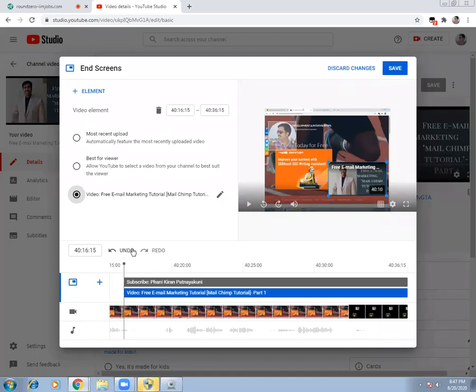And then when do you want this thing to come? See, for example, people are viewing your video. Suddenly this thing comes, it will be very irritating. Generally, it has to be put towards the last 10 seconds or 15 seconds. That means when they're completing the video, they will get this option. So what you need to do is drag it. You see this arrow here? Just select it and drag it towards the end screen. That means towards the end, when your visitors are coming, please show this as a suggested video to watch next.